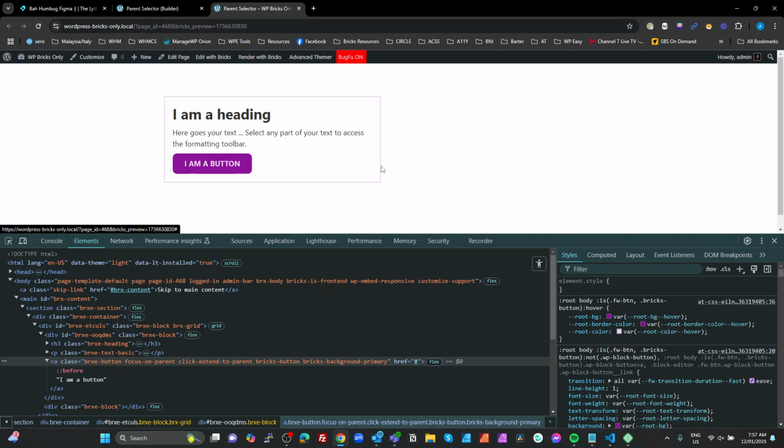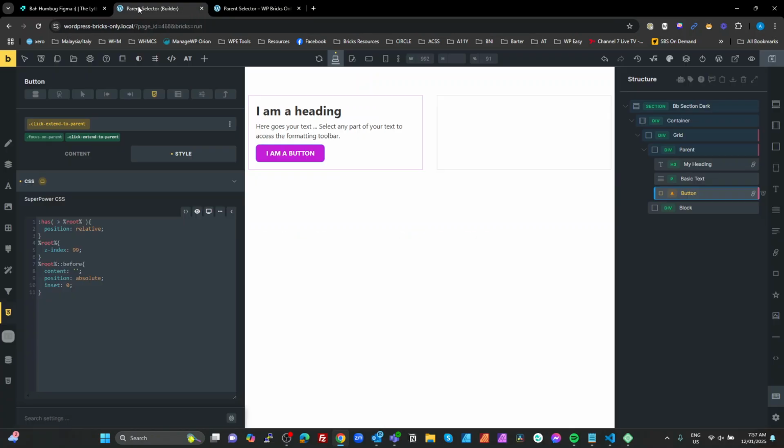There we go. See our mouse? And as we roll over, see our button changing? That's exactly what we wanted. Now, there is a problem with this that we need to solve because that is a simple rule, right? We didn't have to do anything on the parent whatsoever because we targeted the parent with our simple parent selector here, set our position to relative, which means that all of the absolute positioning stuff is just going to work